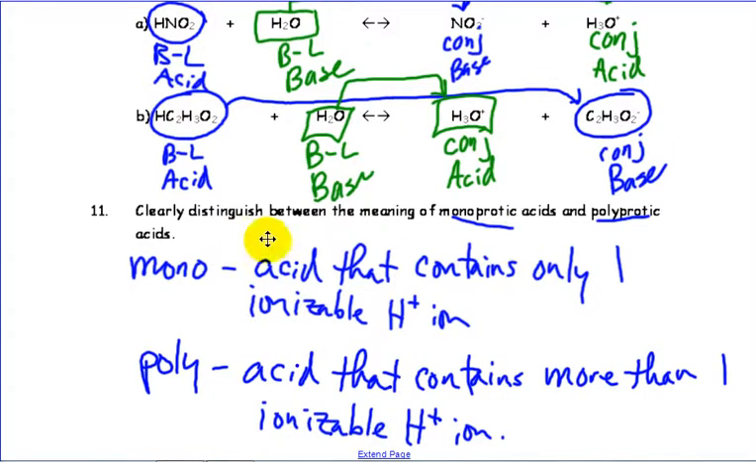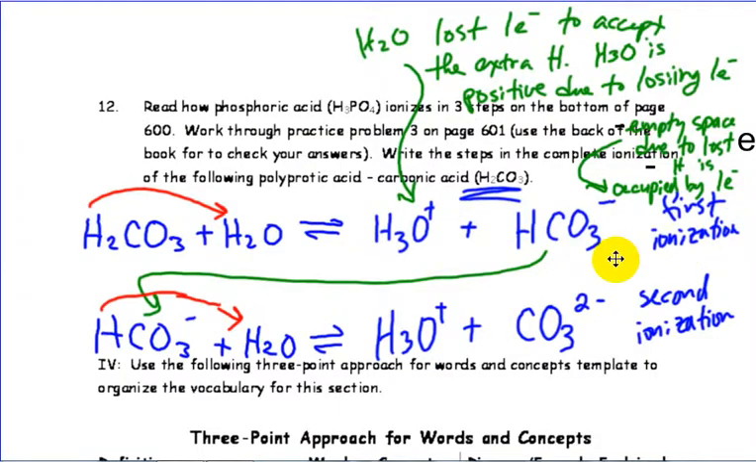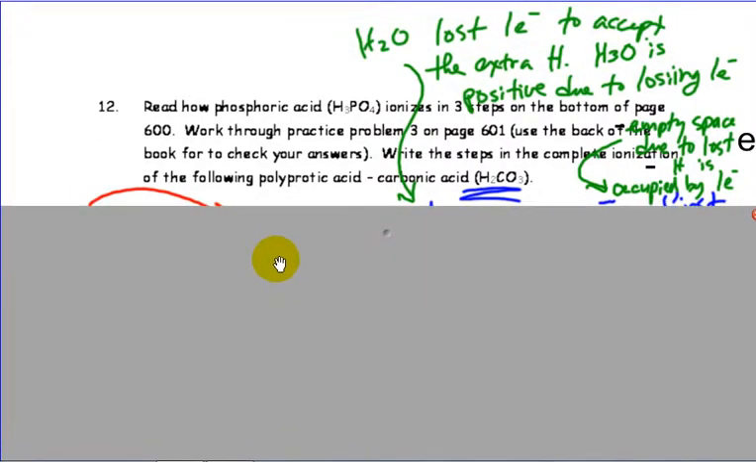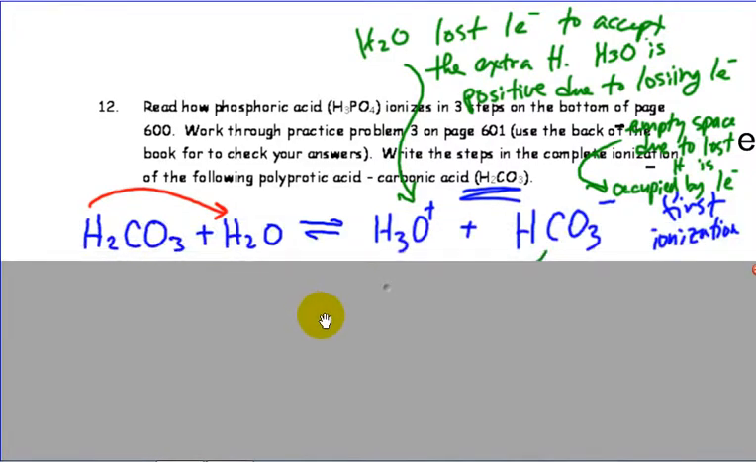The prefix mono means one, so an acid that only has one hydrogen, whereas the prefix poly means many, so an acid that contains many ionizable H plus ions. So what the next question deals with is just showing the ionization of an acid as it gives up an H. So if we take a look here, carbonic acid, H2CO3, it has two H's, so it's a polyprotic acid,